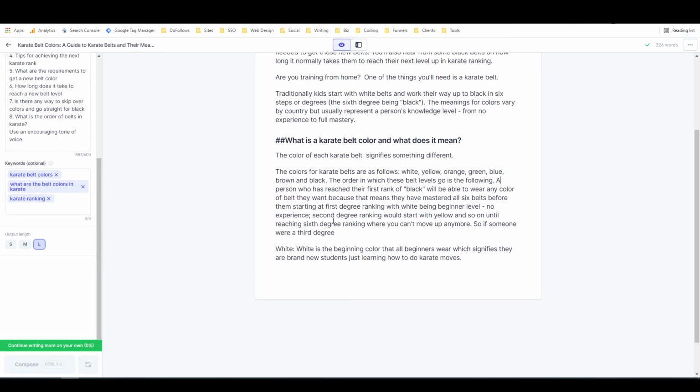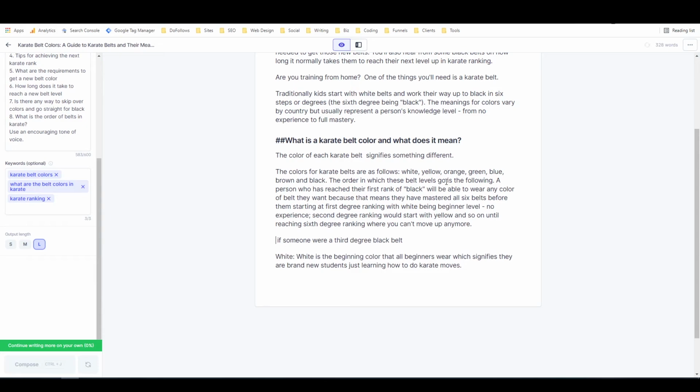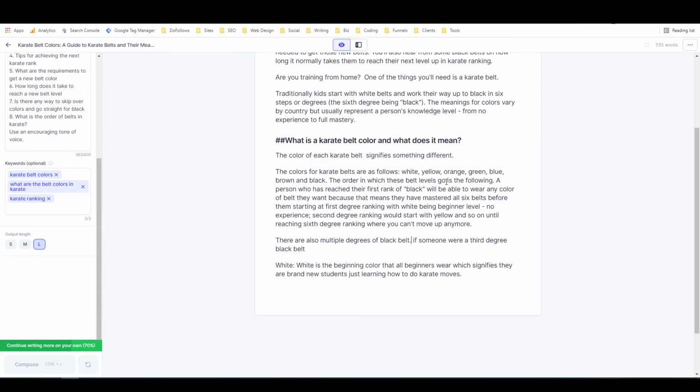So if someone were a 3rd degree black belt, there are also multiple degrees of black belt. Someone were a 3rd degree black belt, that would mean that they are